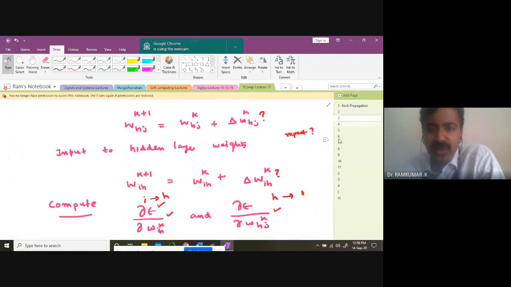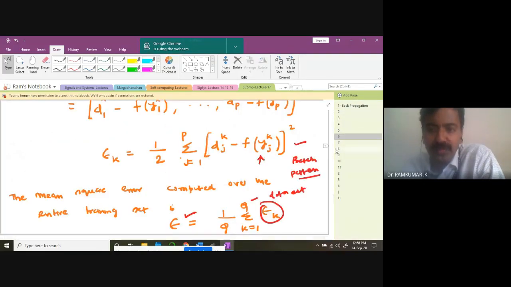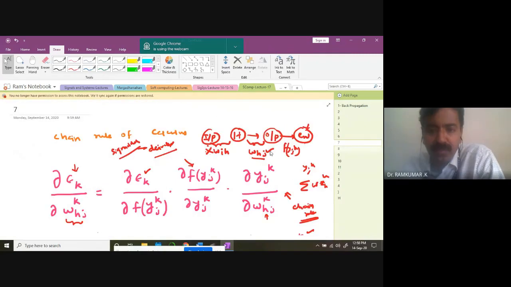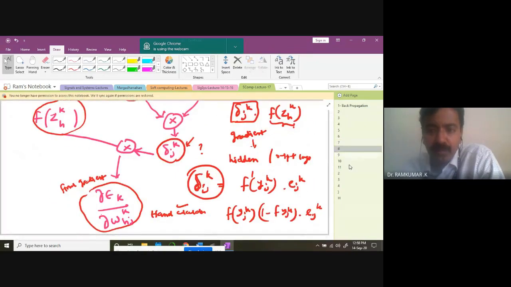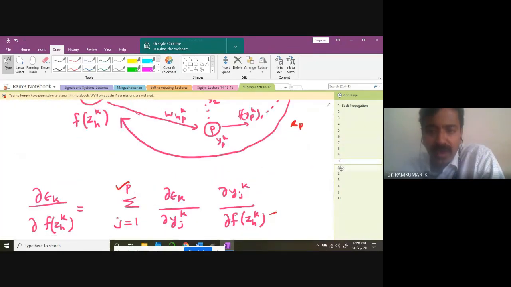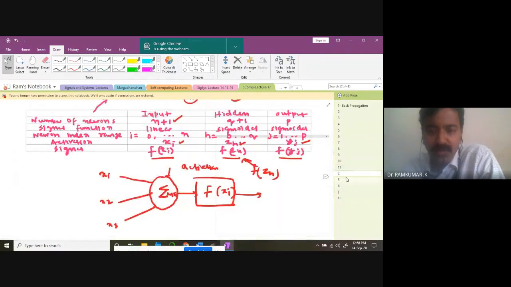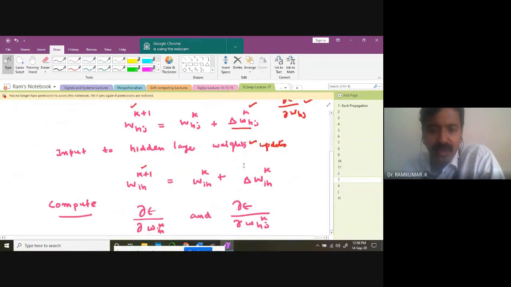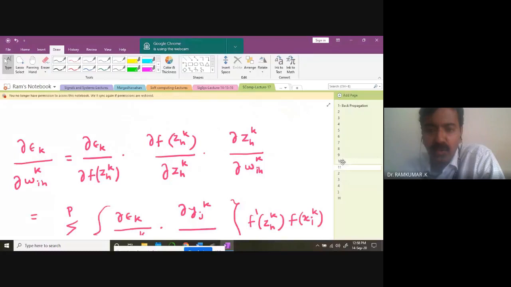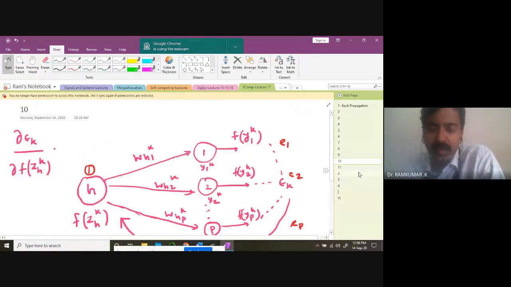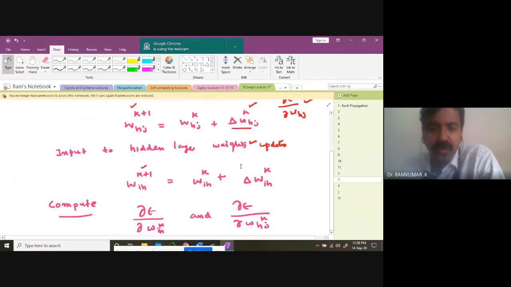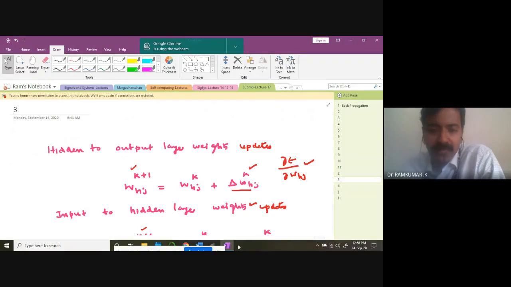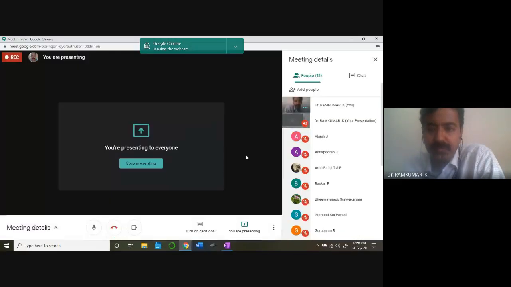Understand the notations. Once you understand the notation, you'll be in a position to code it. You can easily code this algorithm. Not a big deal. Simply you have to add and do multiplication. That's all. This kind of addition and subtraction can be done in code. You can write Python code for this back propagation. Fine, I'll stop here. So far, any doubt?